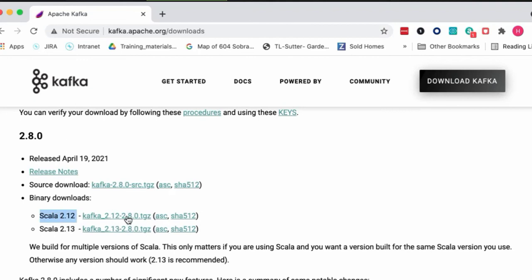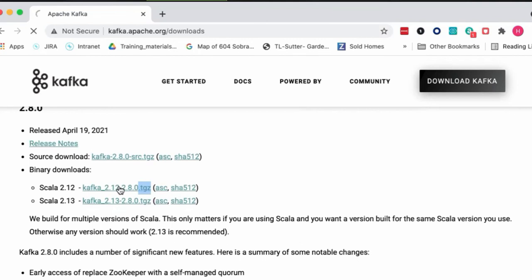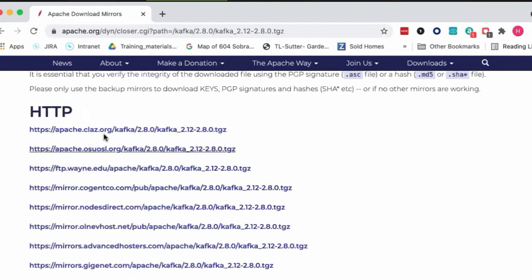And then you can literally just click, and this TGZ tells you it's a tar compressed format, like tar gzip or tar gz. So it's a tar compressed format, and you can have different versions. You could just click on this, and right away you will start to download the source code to your system, right? If you pick one of the locations close to you, and then once you do that, as you can see, I'm downloading this.